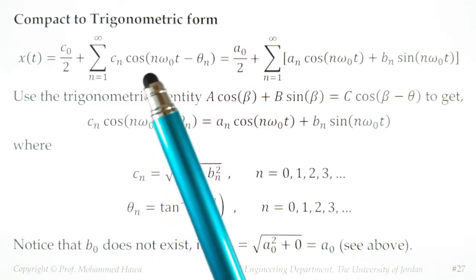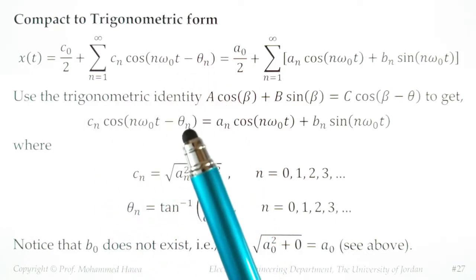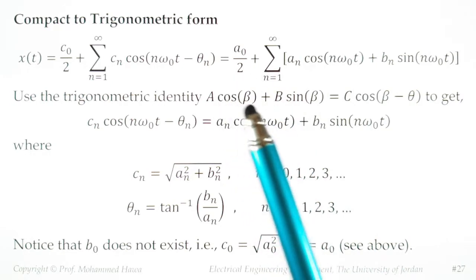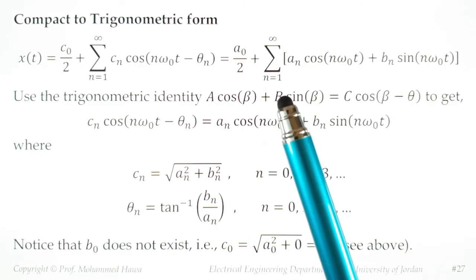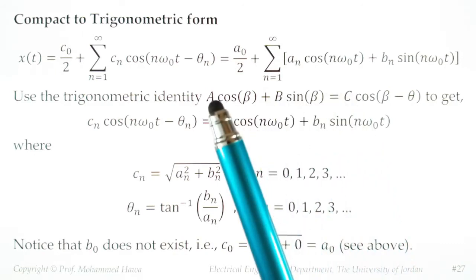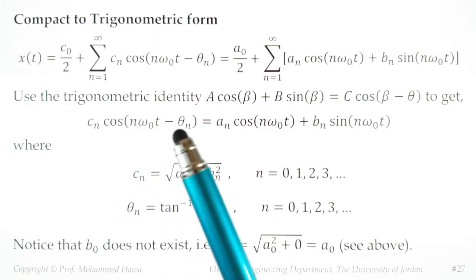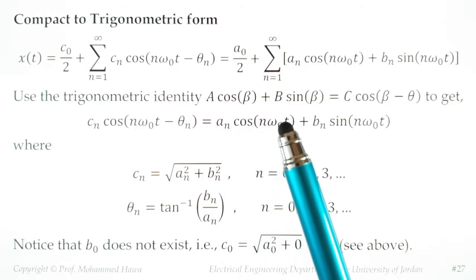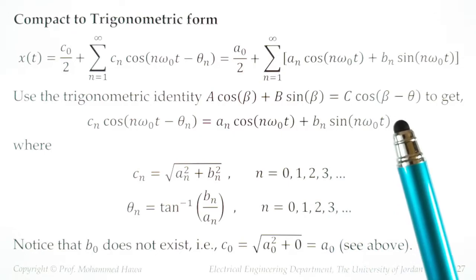This is a very popular trigonometric identity that you can easily look up, and that's what I used here. I converted the Cn cosine of omega naught t minus theta n term inside the sum into a cosine plus sine. Just like I did here, I went from the cosine with the amplitude and phase shift into the cosine plus sine, so long as I choose a different amplitude here and a different amplitude here. If I have C here, I'm going to use A and B here. That's why Cn cosine of omega naught t minus theta n, that's my phase shift, is converted into An cosine of omega naught t, there is no phase shift here, plus Bn sine of omega naught t, there is no phase shift here.